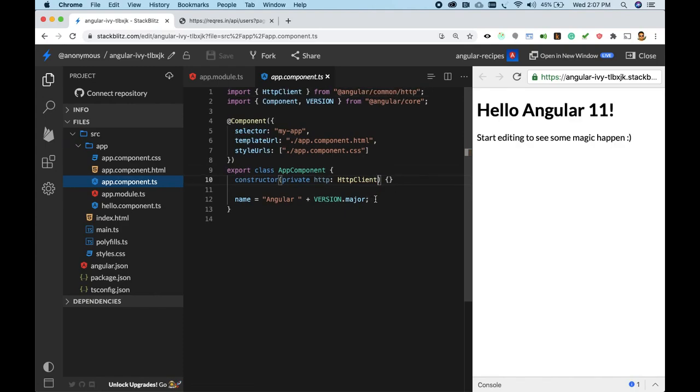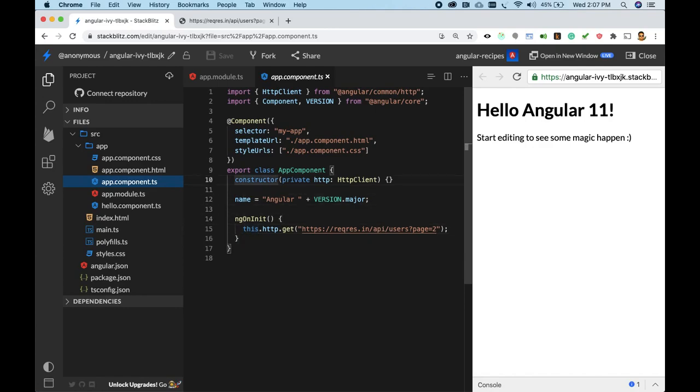And then in ngOnInit, you do something like this dot http dot get, and this line will make a call to the backend. What it returns is an observable, as you know.